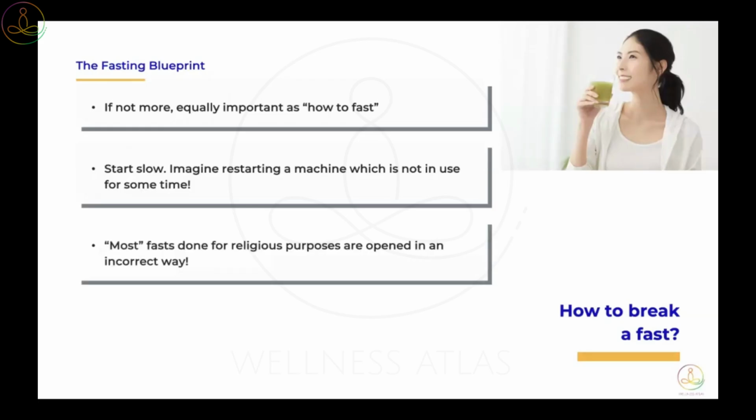In fact, most fasts which are done for religious and cultural purposes are actually not opened in the right way, right? We fast throughout the day, हम पूरा दिन fast करते हैं और रात को फिर हम right uncontrolled, कि ये भी चाहिए वो भी चाहिए वो भी चाहिए. And in Hindi, if you understand Hindi, there is a term called फल आहार. I always say कि उसमें फल नहीं है, उसमें खाली आहार है, right? Because we have found all alternatives and we have a lot of carbs and things like that. So not good, right? So what should we do?